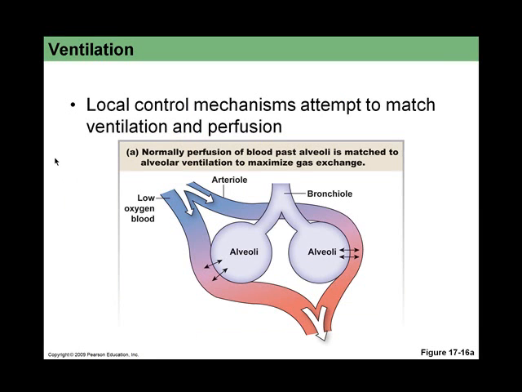And extremes on either side are risky. Too much oxygen around when you're not consuming it can cause oxidative stress and damage to the tissue as well. So continuing on with our ventilation then, the local control mechanisms attempt to match ventilation and